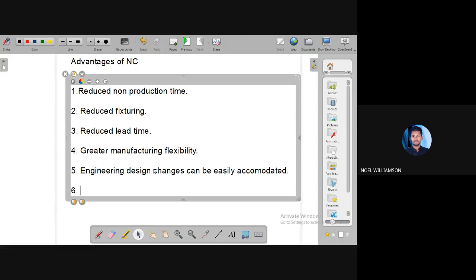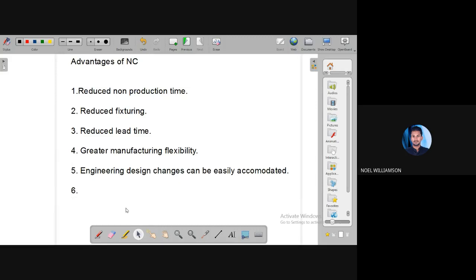Here you can easily incorporate the design changes. If there are any design changes, they can be incorporated easily.